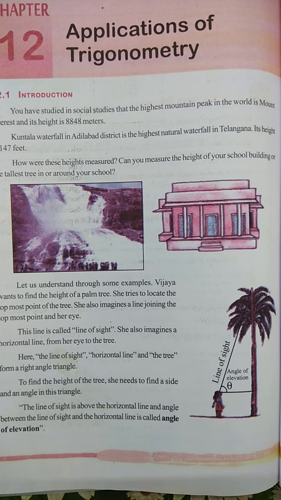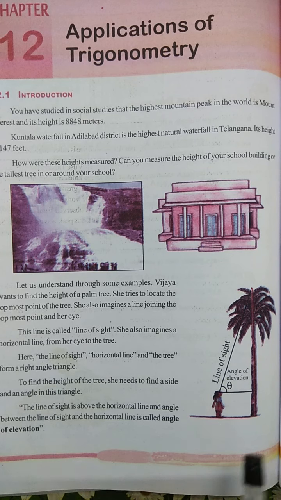for the given condition, then it will be very easy for you to solve the problems, because already you have studied the sine, cos and tan ratios, and you have studied the values for the angles 30 degree, 45, 60, 90, 0. By using these ratios and their values at different angles, we can solve this topic very easily. So here, first, I will explain what is angle of elevation.